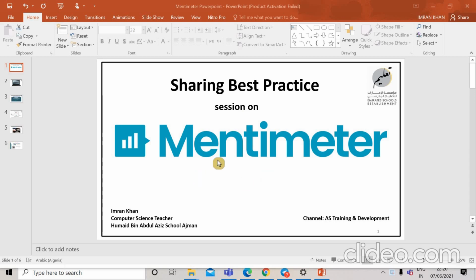Today I am going to introduce a very powerful interactive tool called Mentimeter. This tool is best suited for traditional classroom learning, distance learning, and hybrid learning.